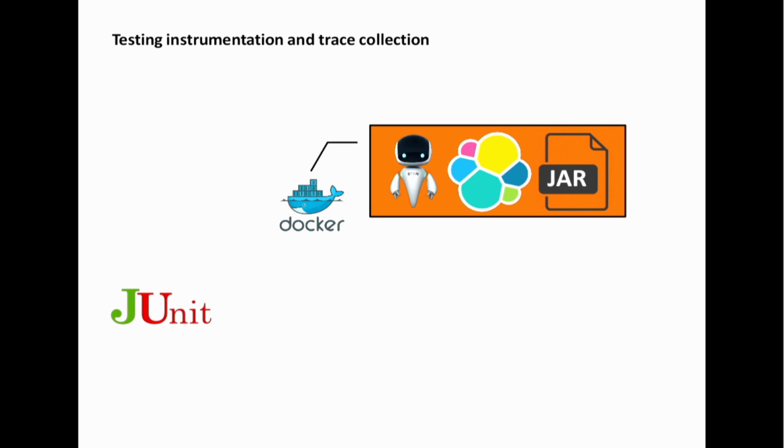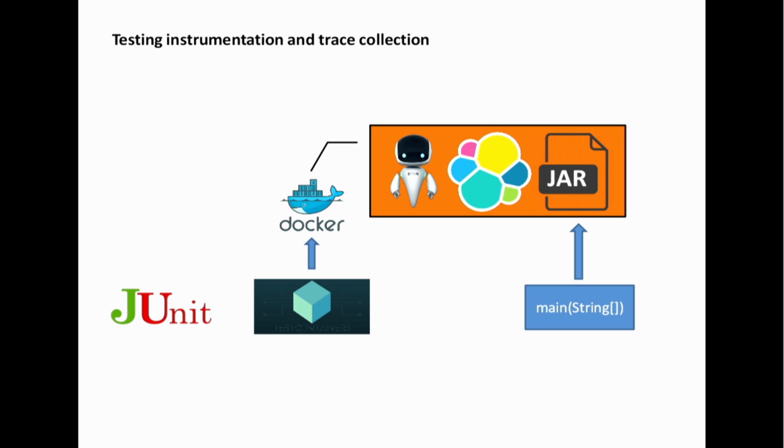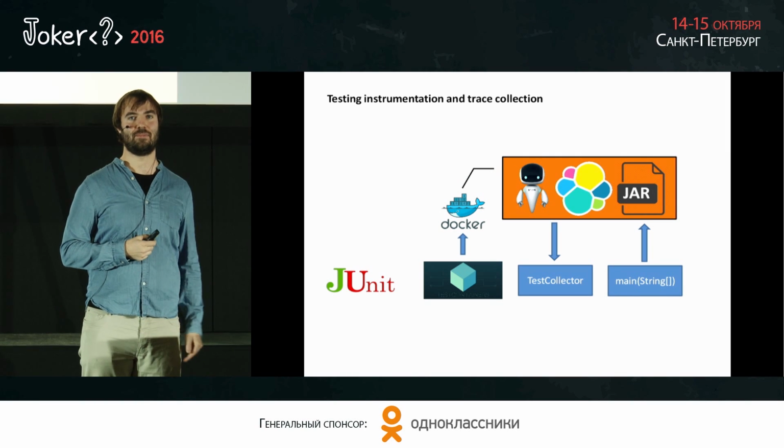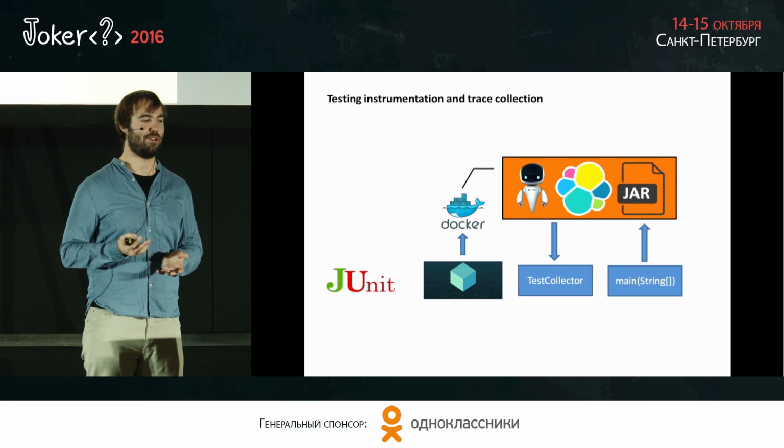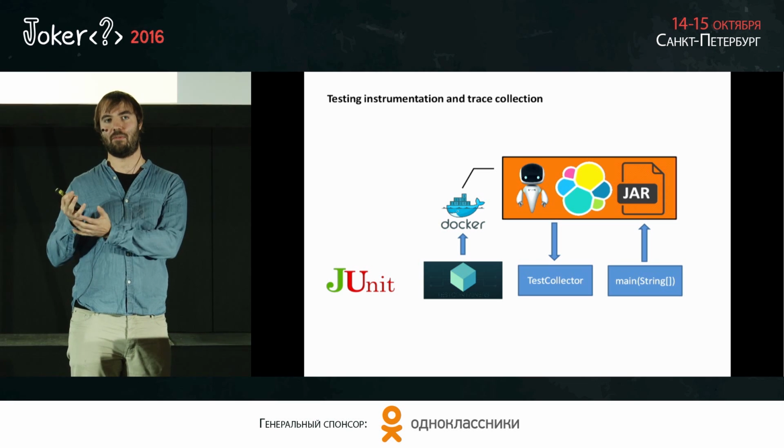Then we just have a JUnit test. From JUnit, there's a great framework called testcontainers.org. It allows you to spin up Docker containers or images from a unit test. And then the jar has just a main method. We just execute this main method in a Docker container. We have a hook for that. And then our agent is in a way stopped to send events back. Right? And we just validate that all the events that we expect are actually occurring within this containerized environment, because